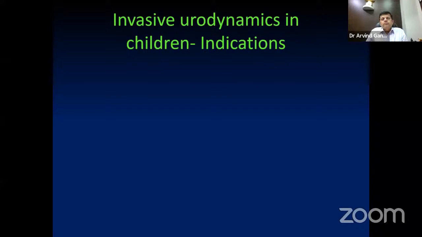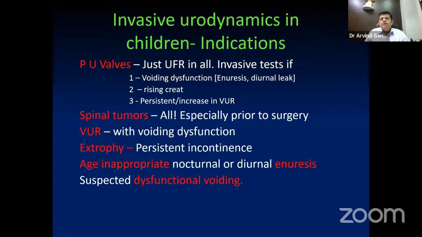This is a very special group of patients wherein sometimes you may be called in to do an urodynamic study, and those are the young children. These small kids sometimes require urodynamics in these following conditions: posterolateral walls, particularly when the patient becomes 10 years of age, doing well, and now the creatinine has started going up. We want to see whether there is a problem with the compliance, problem with the capacity of the bladder. So urodynamics will give you a wealth of information in this subgroup of patients, and maybe sometimes you might have to combine this with video urodynamics.